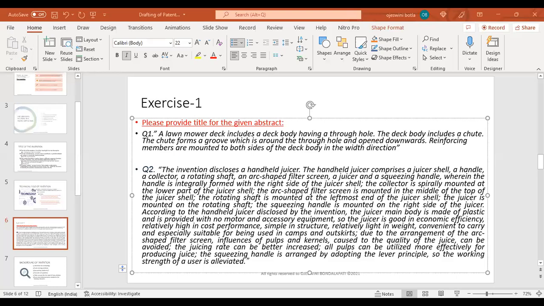Shall I share the second one? Also in the previous question papers we have some questions where they are asking to frame the title, summary, and abstract. So we'll solve those questions also, so we can just revise whatever we have gone through today. So coming to the previous question paper,